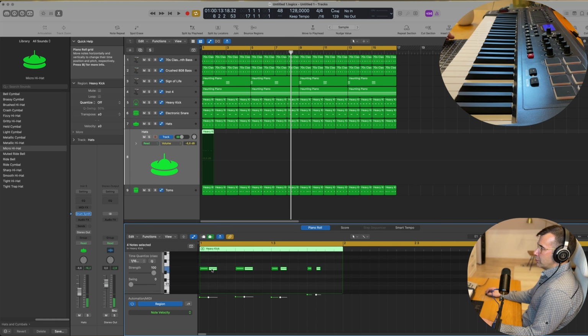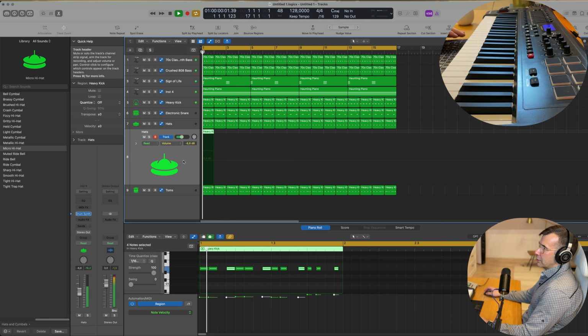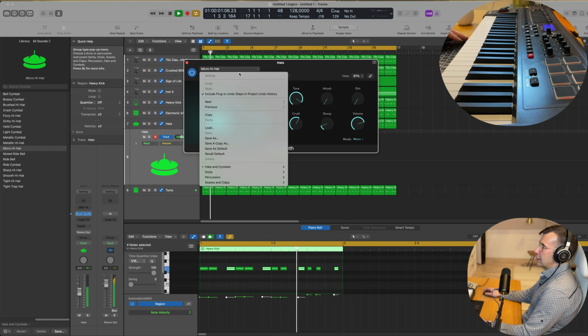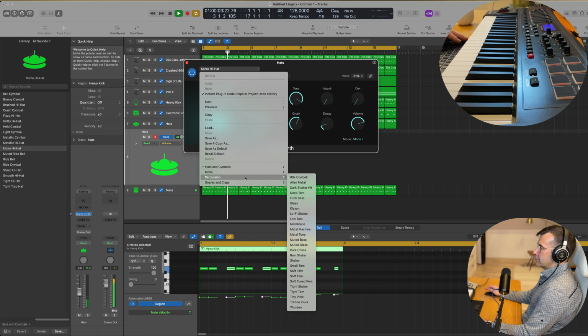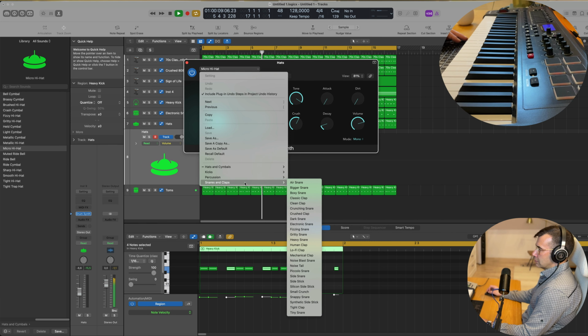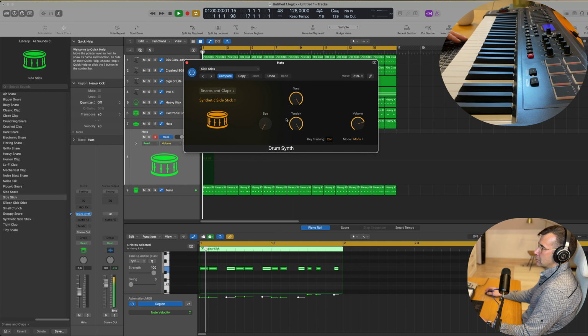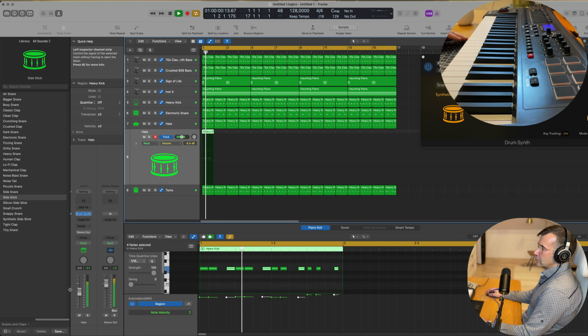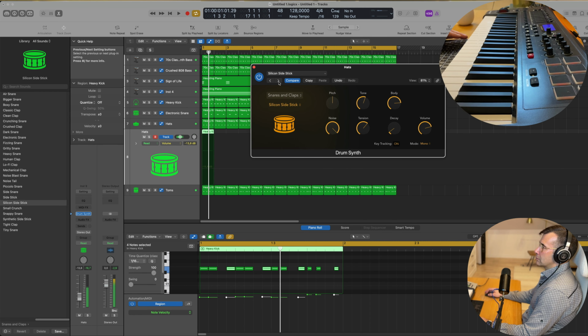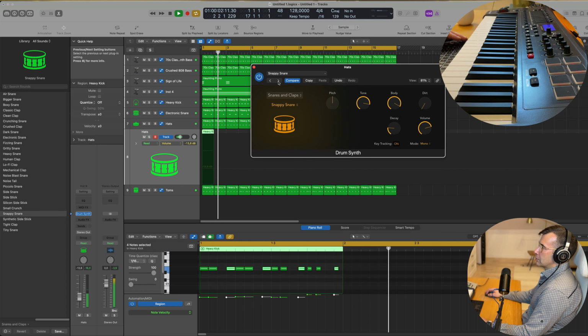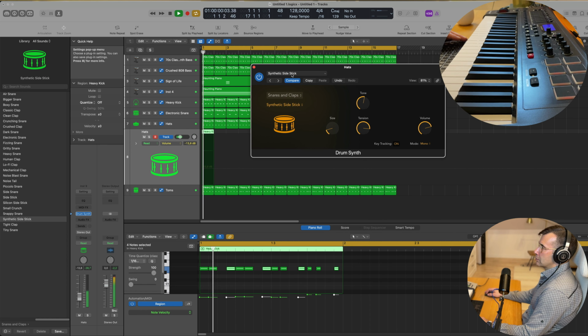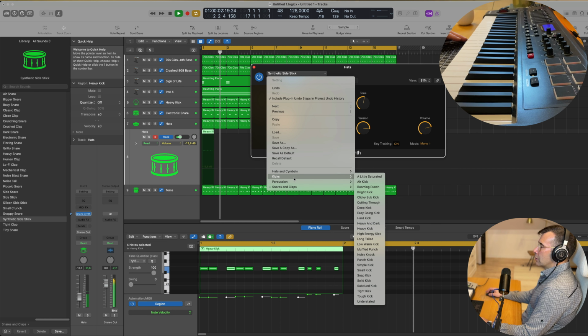So I'm going to do it everywhere except where my previous hats are. Maybe I can